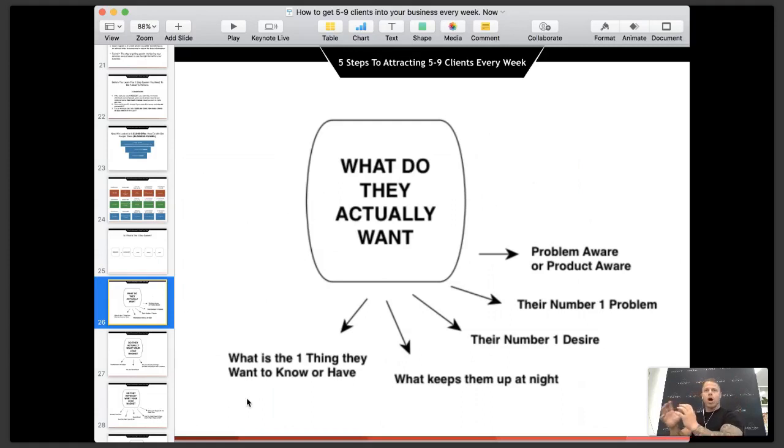But then what are the desires? If you can work out the frustrations or the pain my marketplace is in, that's how I start my copywriting, and that's how I decide how to overcome this with my lead magnet. And then the desire: my lead magnet must give them this desire. I'm going to give you some wins so you feel like you're winning today.